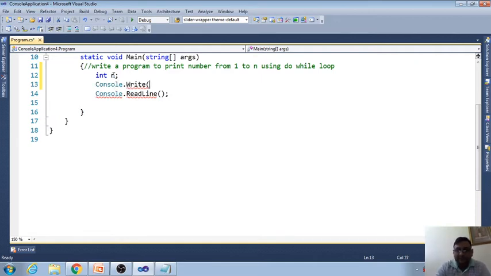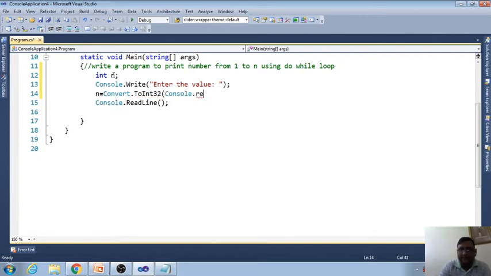Console.Write "enter the value", and n equal to Convert.ToInt32, and then Console.ReadLine.